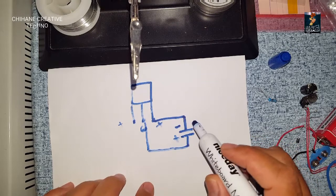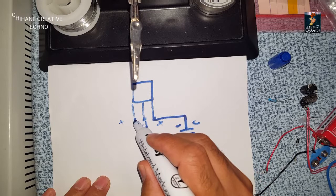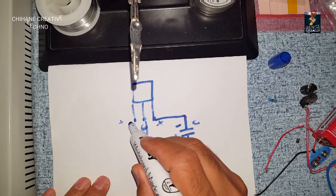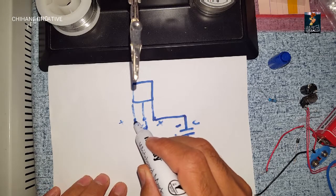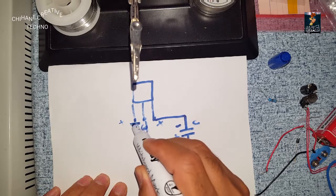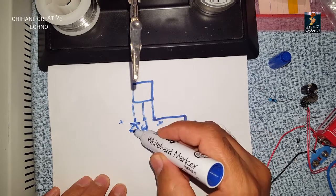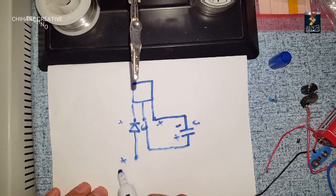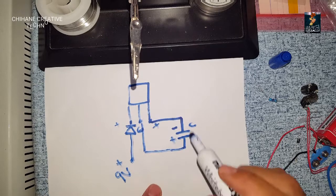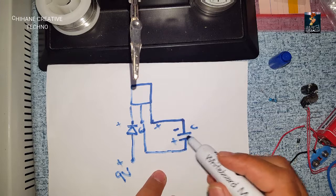So also we get this diode. The diode will be plugged to the input positive, so it goes like this, the cathode this way, and the anode is going to the positive of the power supply, 9-volt. So, and we'll get the